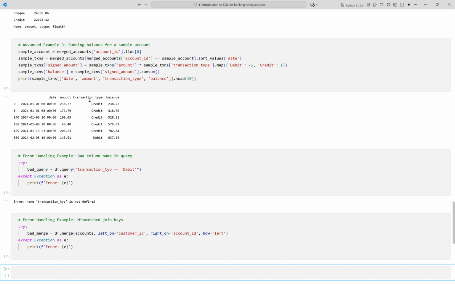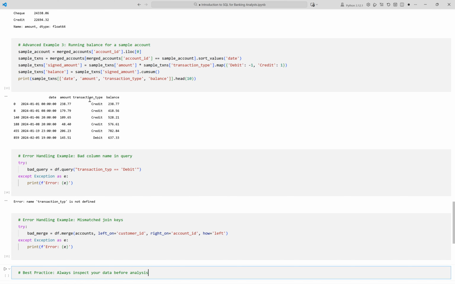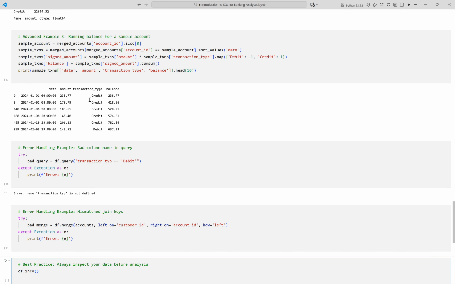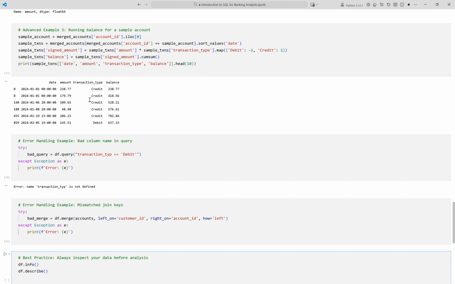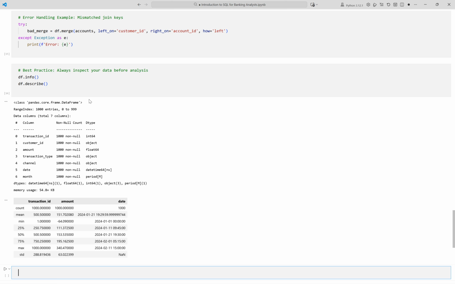A banking analyst should always be cautious. Inspect your data before starting analysis. We advise checking the technical info of the table. Get a summary of numeric and categorical columns for a first review. Running the cell now. This output shows an initial data inspection of a 1,000-row data frame with 7 columns, confirming